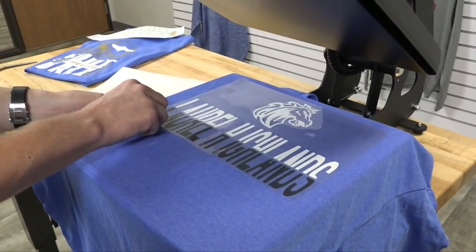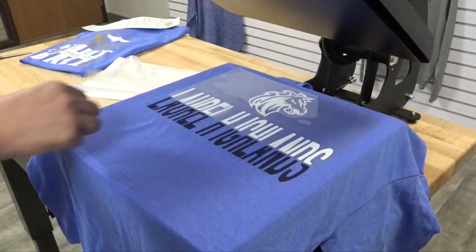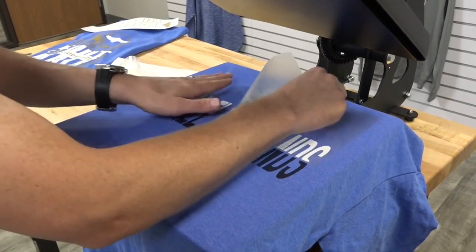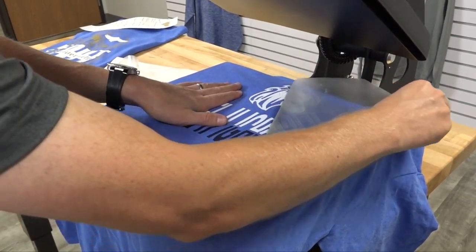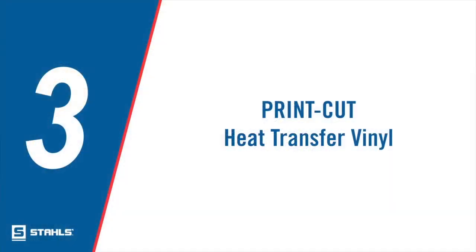But one of the biggest benefits of heat transfer vinyl is the range of special effects, from reflective to glitter to metallics to foils. There are so many finishes that you can complete on a heat press with heat transfer vinyl. The third way I want to show you to decorate apparel with your heat press is print cut heat